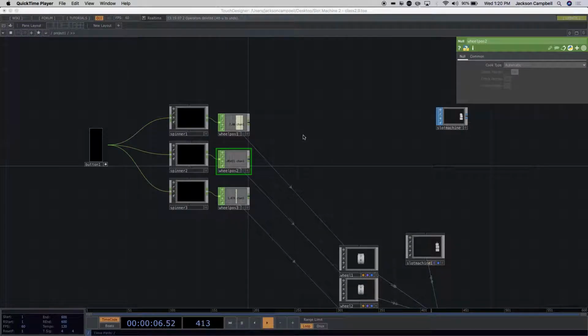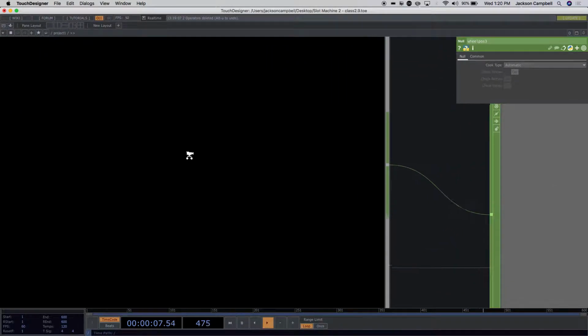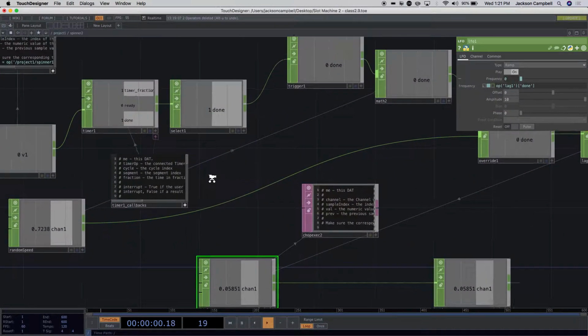This is where we left off on the video, and currently there's a little bit of an issue where the wheels don't always stop in the correct order, 1, 2, and 3. And the reason is that when you click this button, it runs all three of the codes in all three of these spinner containers at the same time, and it runs them within one frame because they're not that complicated. Okay? So within one frame, spinner 2 is trying to